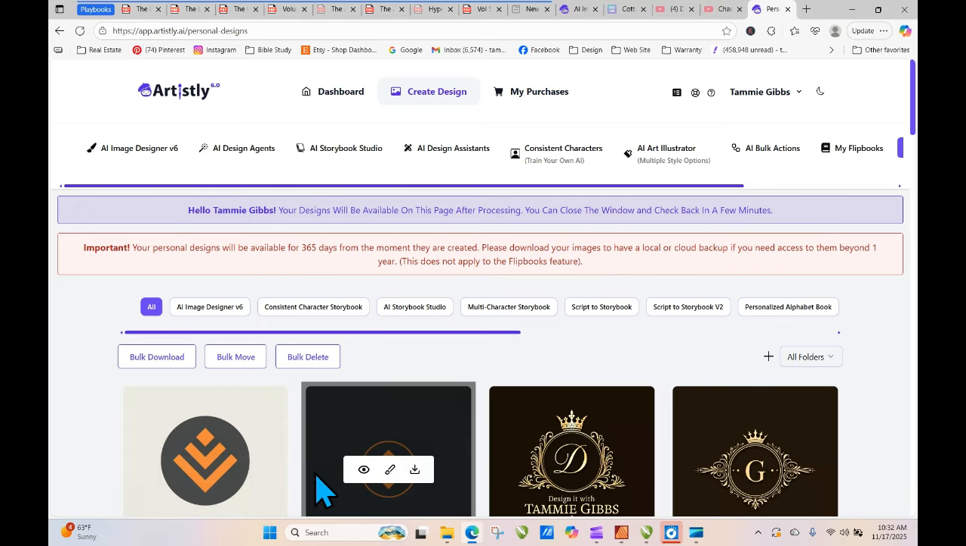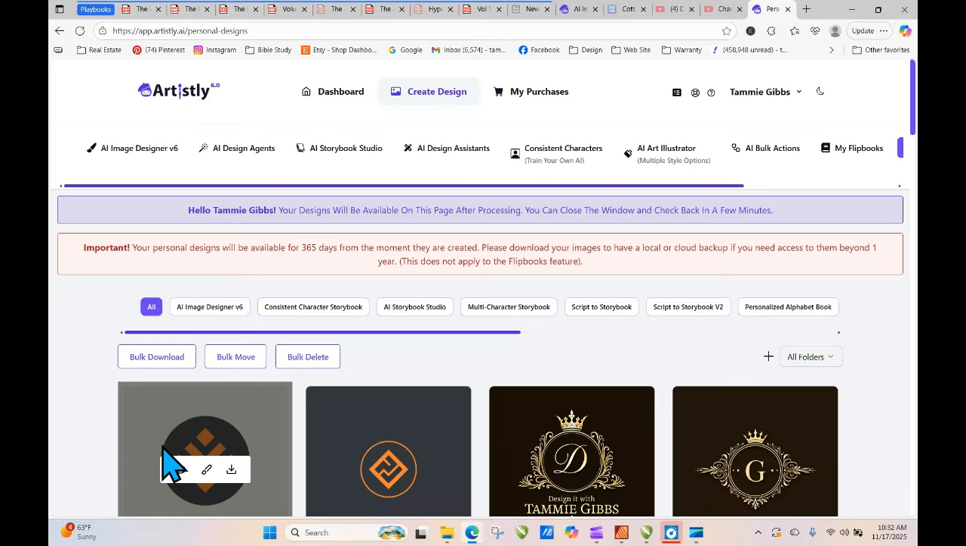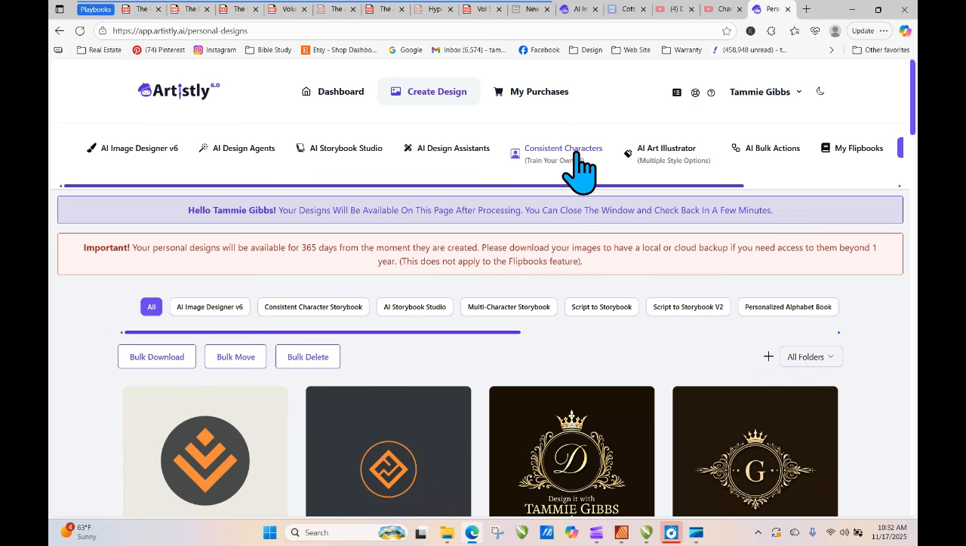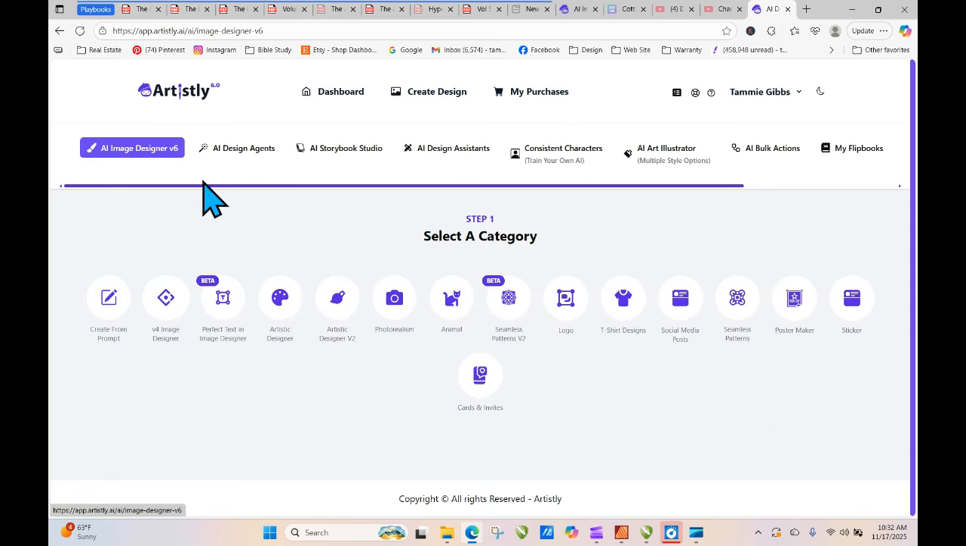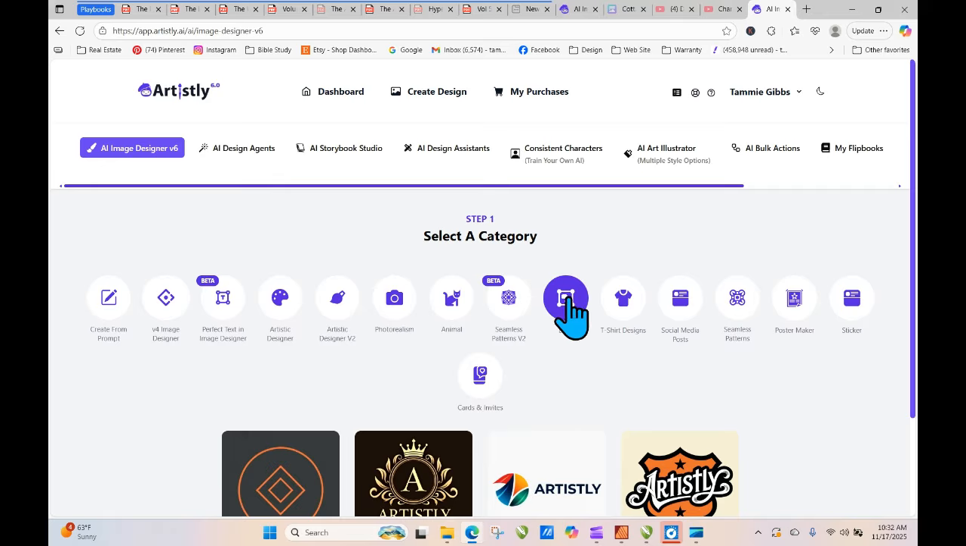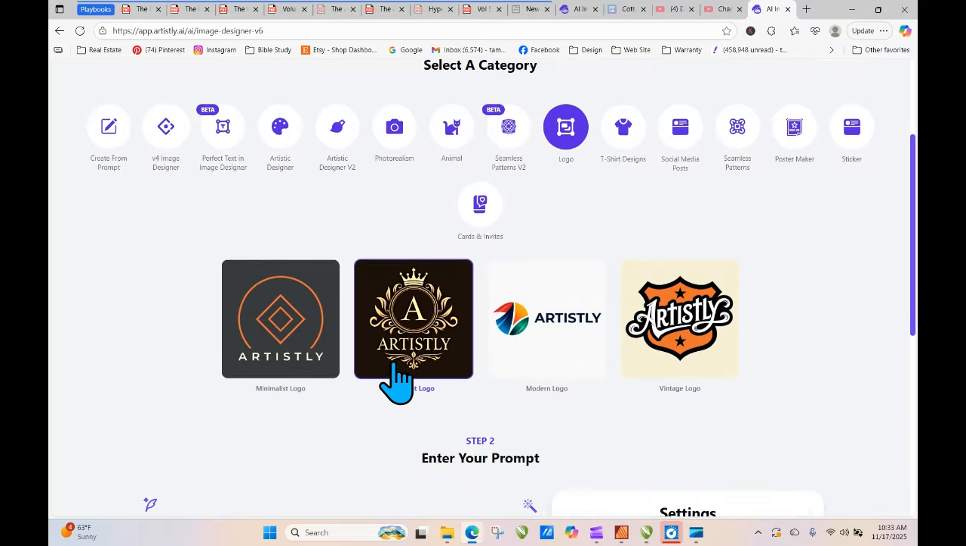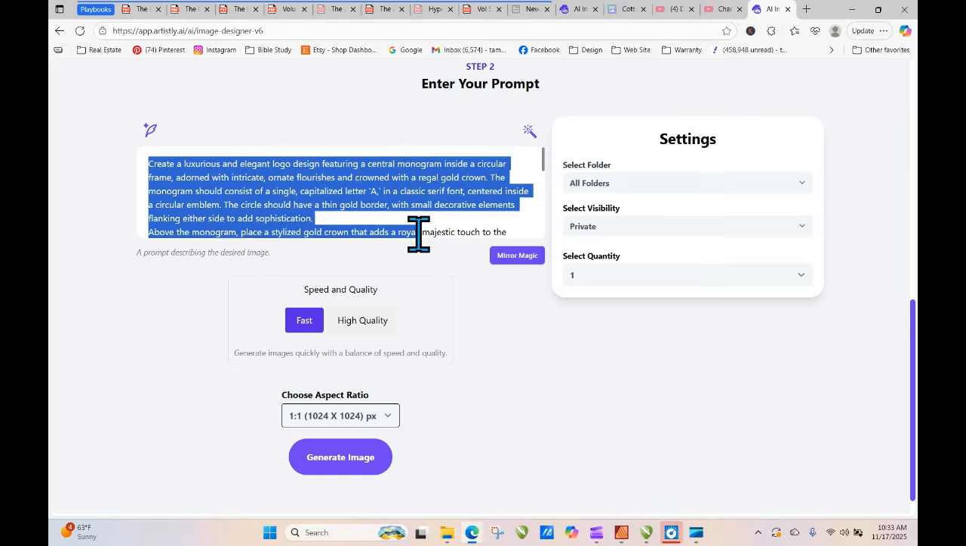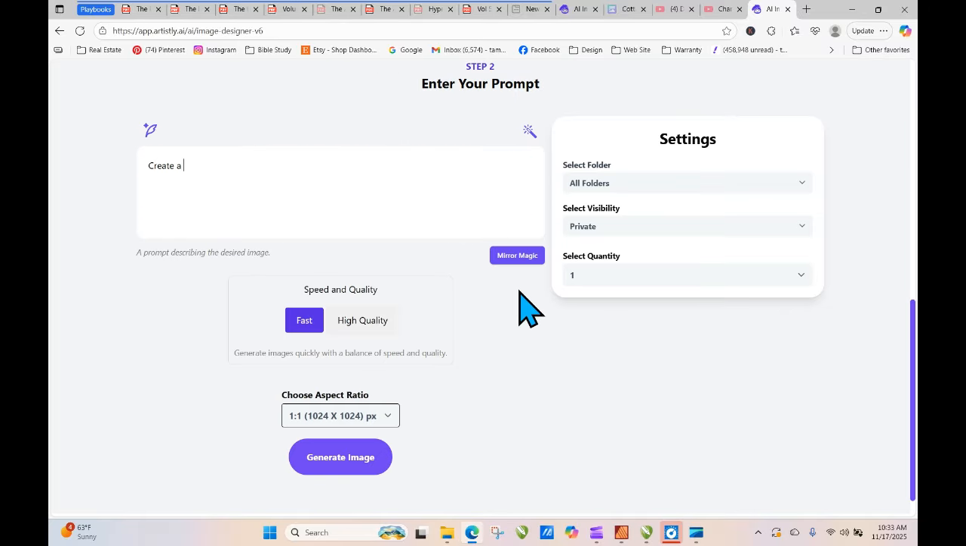You can change out and get the basic layouts, but that doesn't mean you can't do your own thing within it. So let me show you how that would look for the logo. Okay, so let's just say we're going to go in this one because we want it to be elegant. So create a luxury logo for design it with Tammie Gibbs,